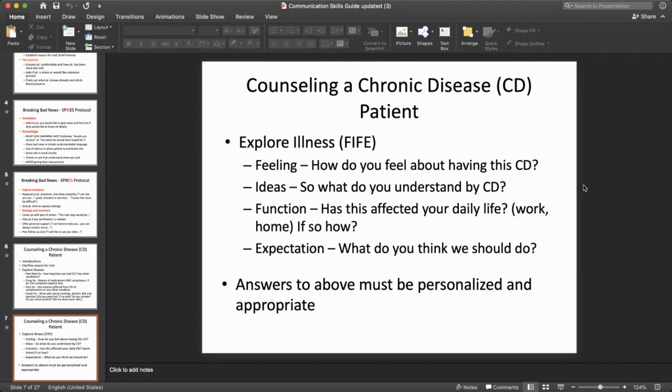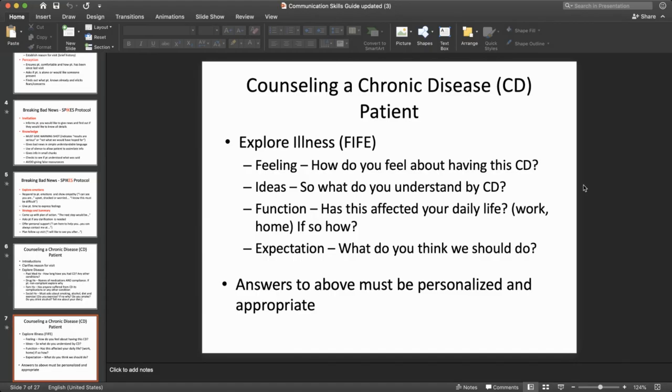Is it that they're speaking about pre-diabetes? Is it that they had one reading that was off or erroneous and then returned to normal thereafter? Or is it that they're frankly diabetic and then a bit in denial? So you need to find from them what do they understand by having hypertension or diabetes, and then if their view is not in keeping with what is accurate, you simply begin to counsel them about what diabetes is and the fact that it's a chronic condition that cannot be cured, but that can be managed using a combination of